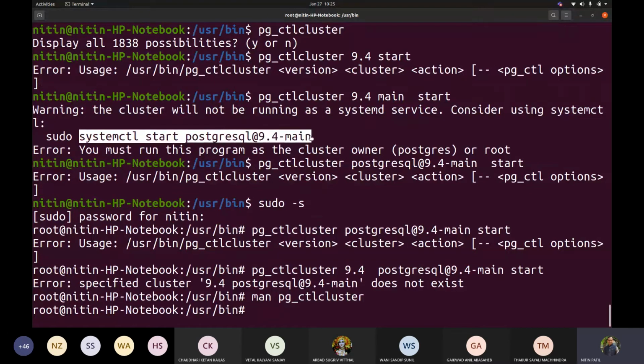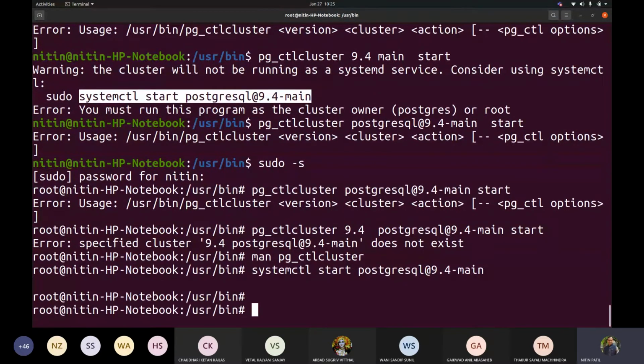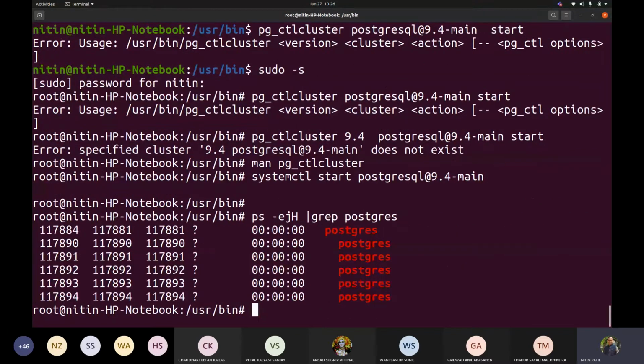But if I start with this, by being root over there, then I may get it. Okay, so if I now fire ps -ef | grep postgres, then I'm able to see all my services running.